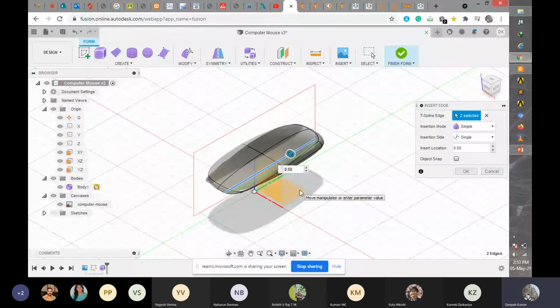Sir, at the end of this mouse, some hatching is there. That's why we get good gripping of the mouse. I didn't create that hatching, and one roller is also there. I don't know how to create that wall and insert the roller inside of this mouse.